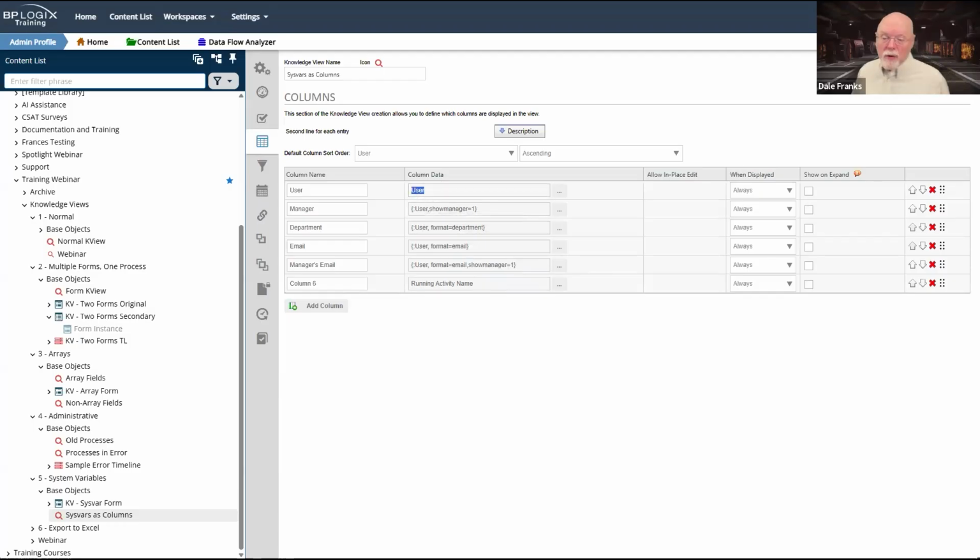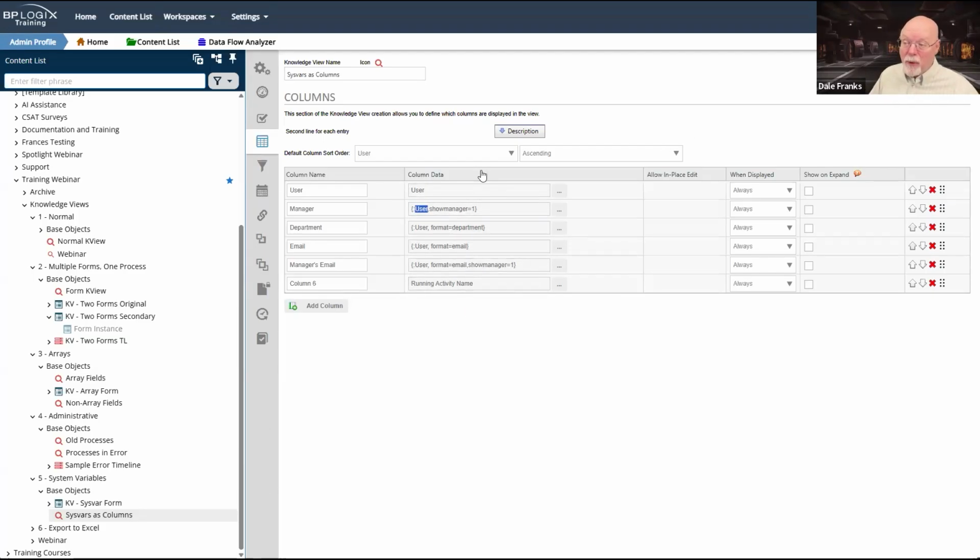And that user field is a user picker, which will return the user object for whoever was chosen in that form field. Thus, because I have the context of that user object, I can then use the user form field system variable, which again will return the user object, and I can pull their manager and their department and stuff.